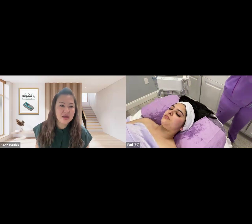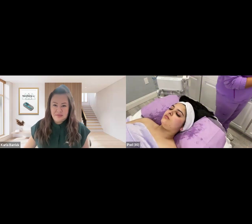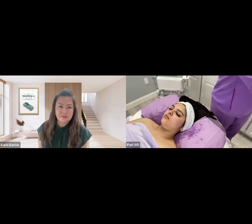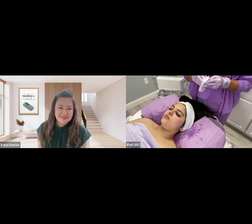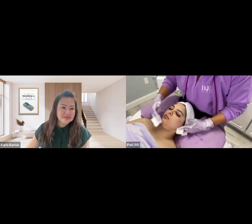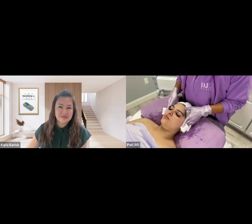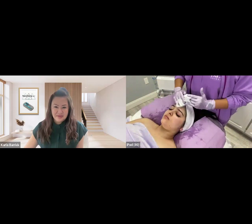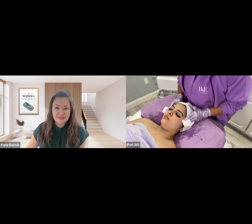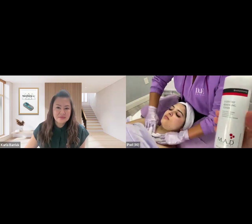Okay, so now we're going to go into the Everyday Renewing Toner. Now we're going to help rebalance the pH of the skin. I wish you guys could smell it. I always have everybody smell it when we do it in treatments, in trainings, because it smells so good. It's got a cranberry extract that really gives it a beautiful, pleasant aroma. But it also has Trinity tea complex, cranberry extract, arnica extract, and calendula flower extract. So it's going to help rebalance the pH of the skin and really allow us to move on to our next